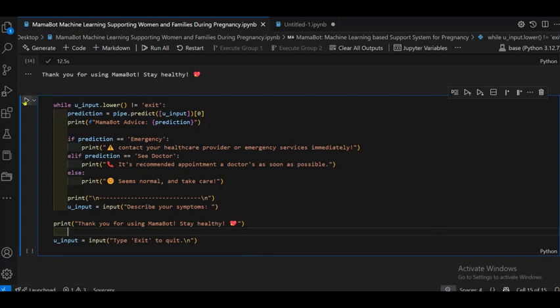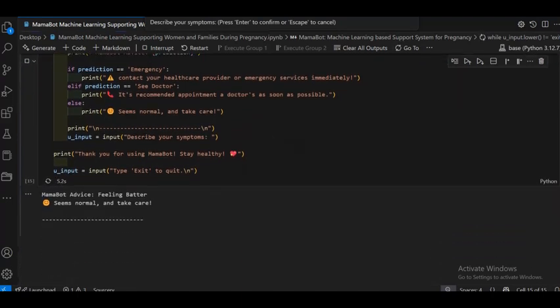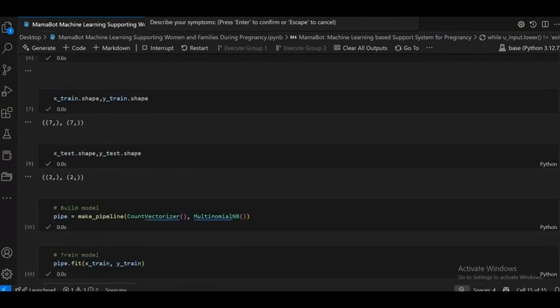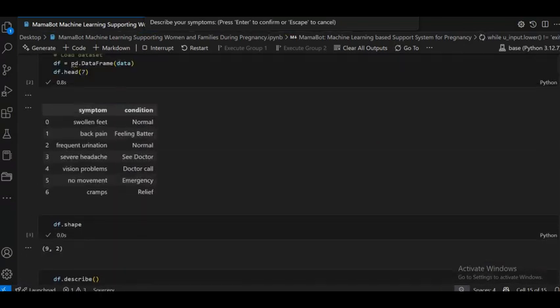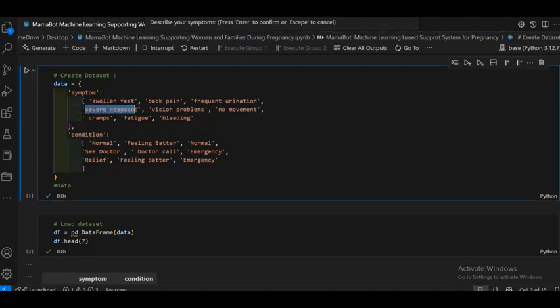Okay, now run it. I type back pain, so it gives the output seems normal, take care. If I use another option, like severe headache, what is the output?